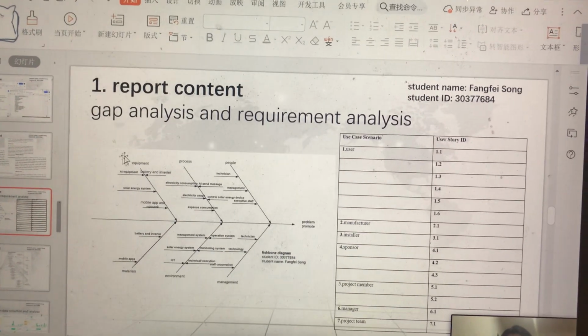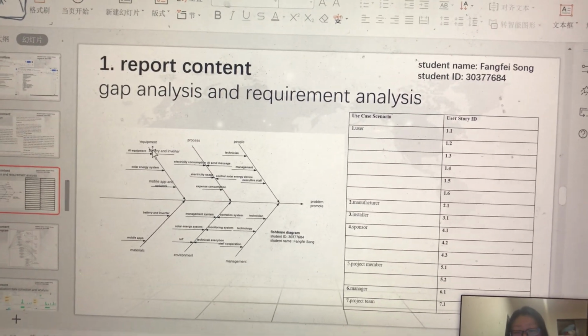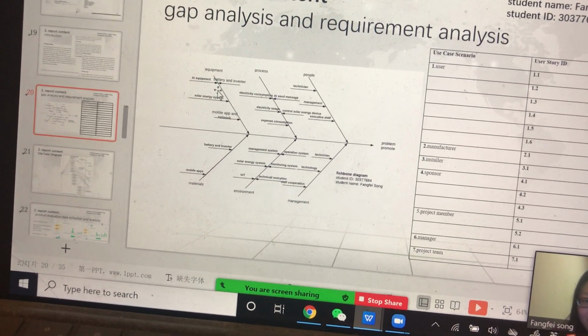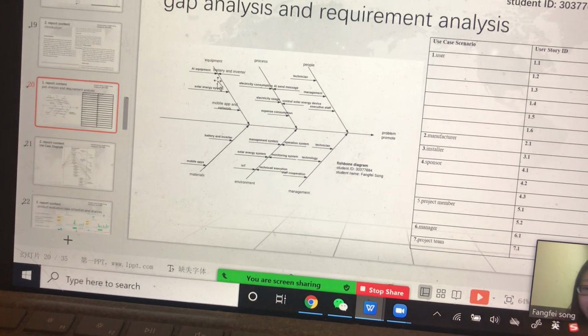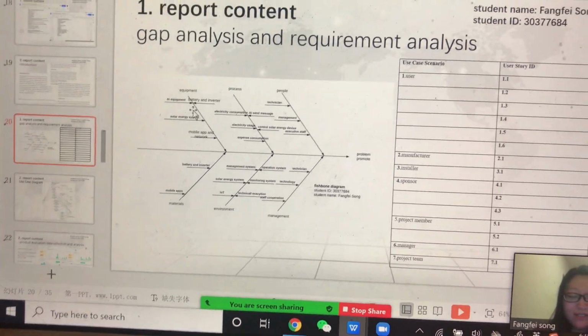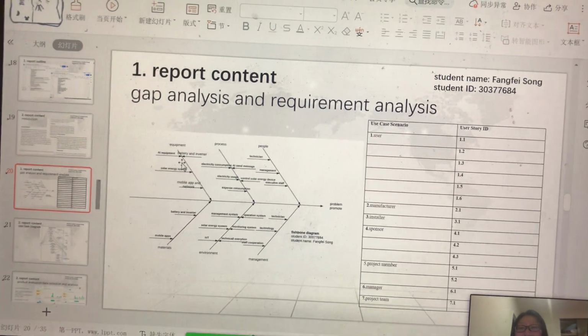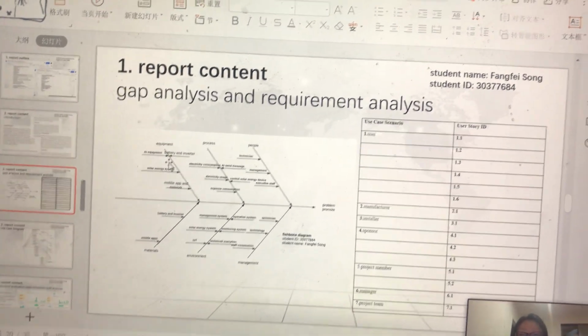For gap analysis, I have drawn the fishbone diagram using Lucidchart, and I have shown that there are 6 aspects there: people, process, equipment, material, environment, and management. And I have also done some introduction and some discussion about the fishbone diagram. And on the right of the slide,